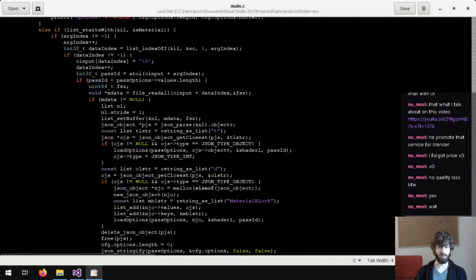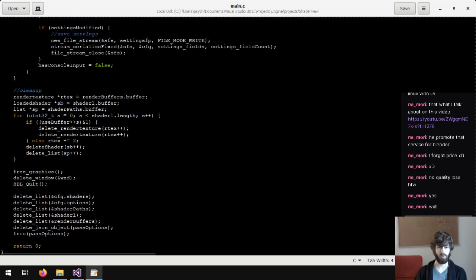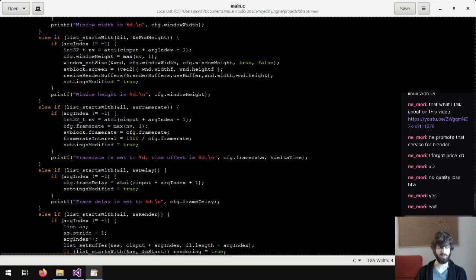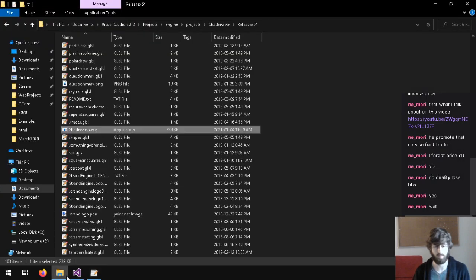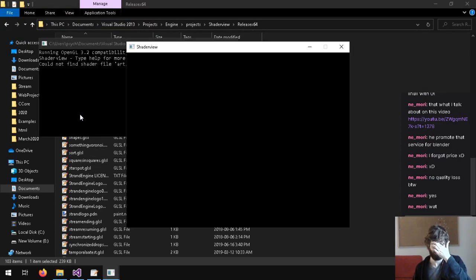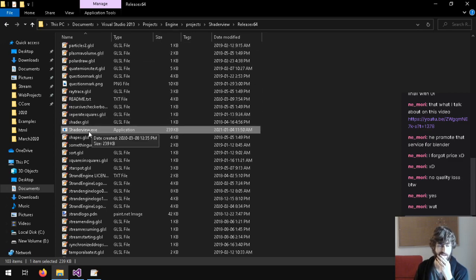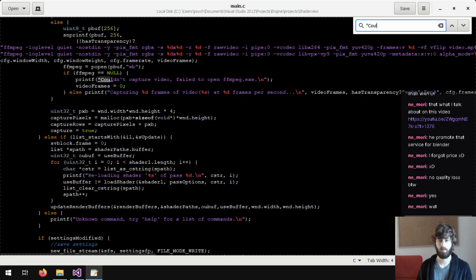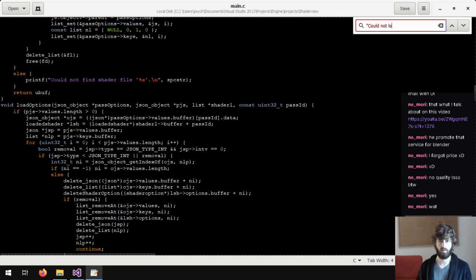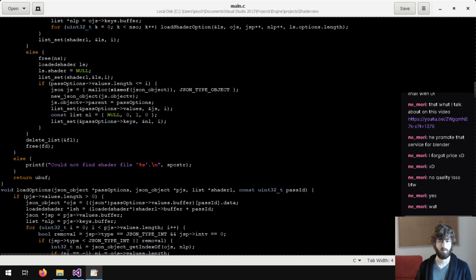Alright, let me see what is happening here when it's reloading and it crashes. Because this is like a serious bug. I actually can't run this program anymore until I reset the file. Could not find shader file. So